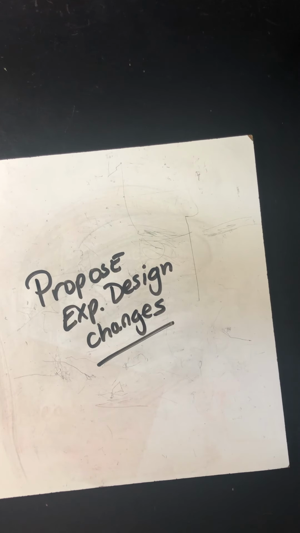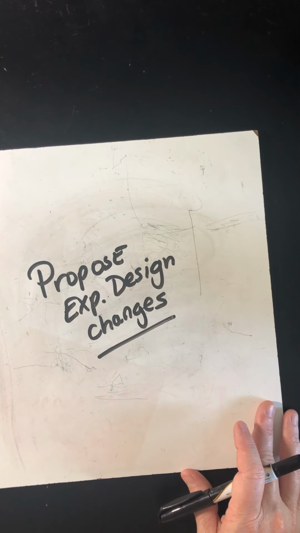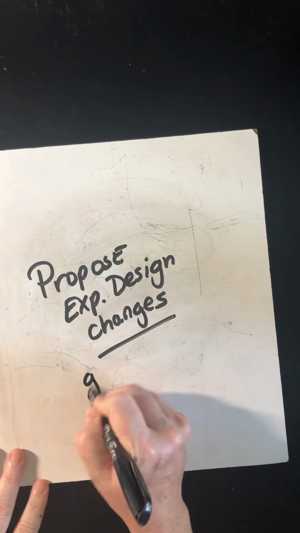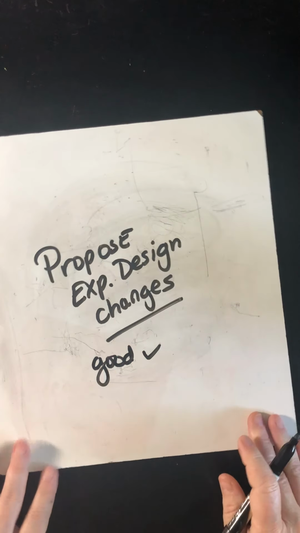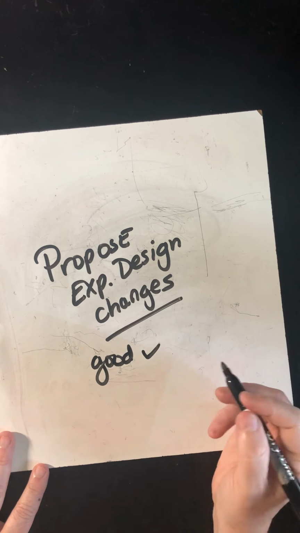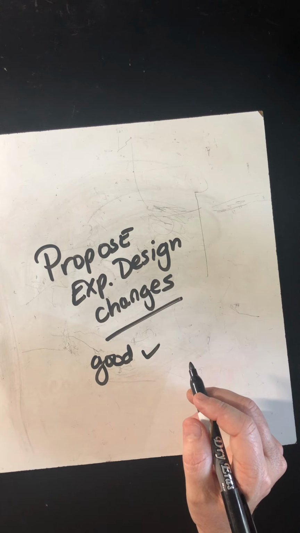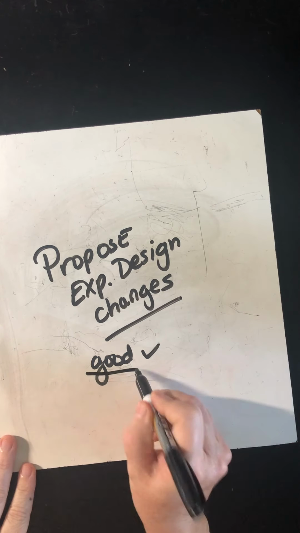This video is going to be short and sweet, but it's about you being able to propose experimental design changes. It's for you to be able to look at someone else's setup and say, okay, this was good. Check, they did this right, but they need to change this. They need to adjust. They need to rethink one of their processes. So some of the words we're gonna